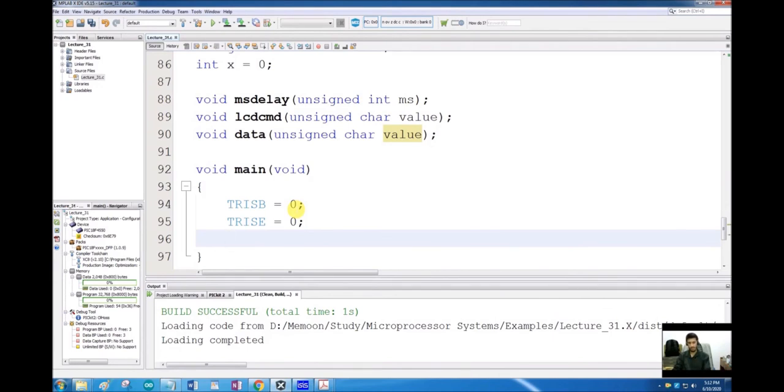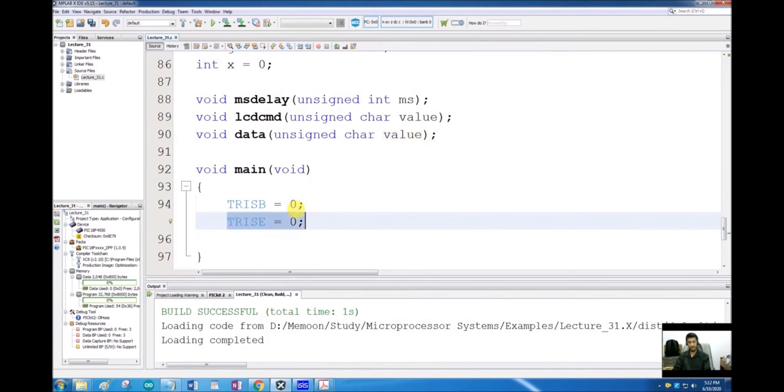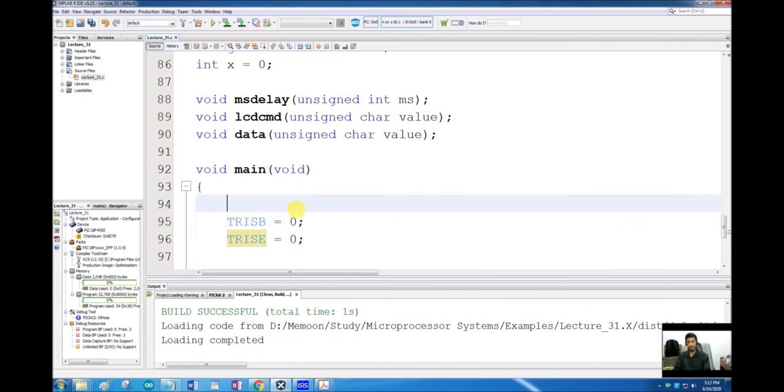But let me tell you here that TRISE is by default configured as analog input. So just setting TRISE to 0 will not configure it as digital IO. We discussed it for port C also. And how did we convert port C from analog inputs to digital IOs? By writing to the ADCON register.